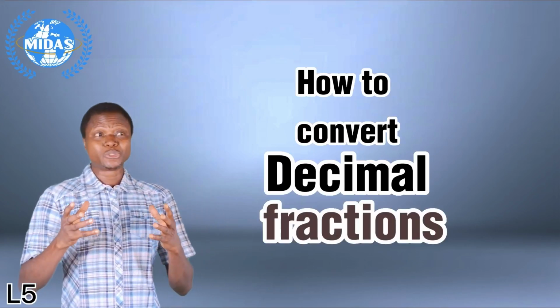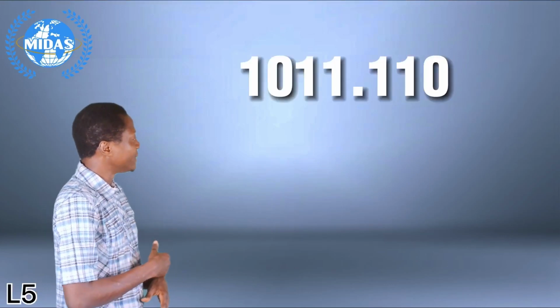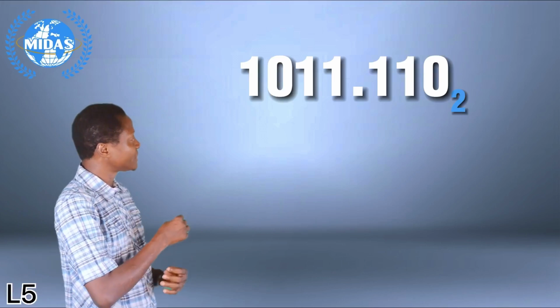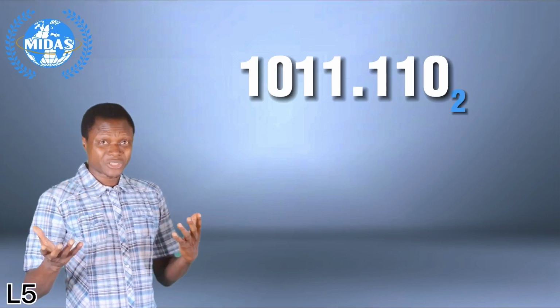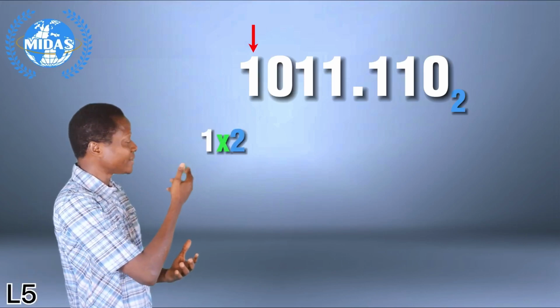Fractions to base 10. So let's say you have a number like 1011.11 base 2 and you are told to convert this to base 10. Now the next thing you need to do is the expansion method, which means you have to do first 1